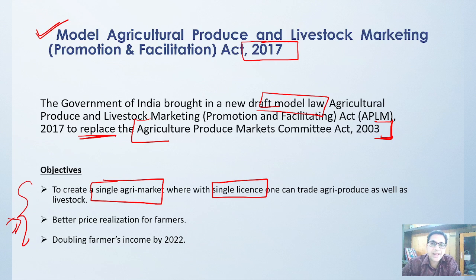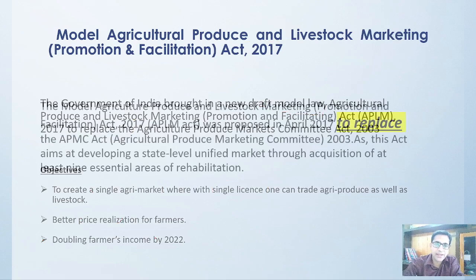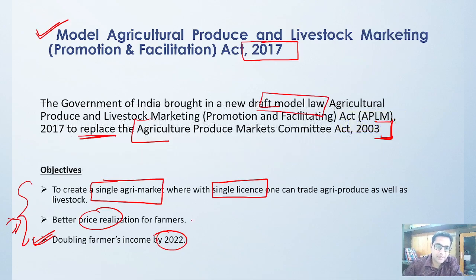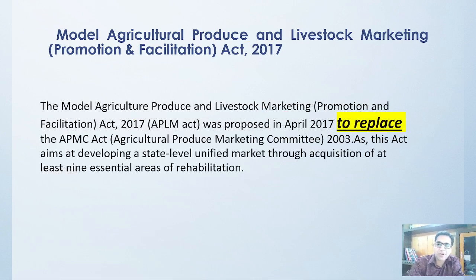So it is just like the way the GST market is working as a single tax rate for the whole country. Similarly, this model act wanted to create a single agriculture market and a single license market for the whole country. The main focus is to have better price realization and also to double the farmer income by 2022. That was the target, but only to a certain degree have we achieved this. But since this is a target that we wanted to achieve, maybe the government will achieve it in the near future, right? So the focus is to replace the APMC Act of 2003, and to develop a unified market